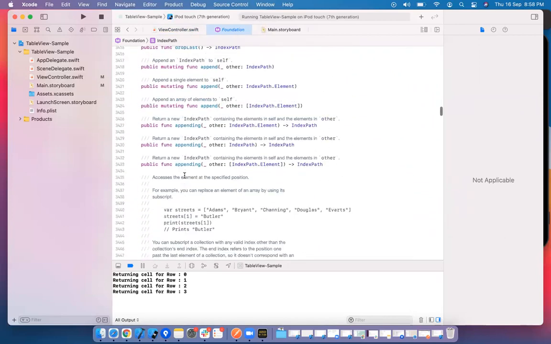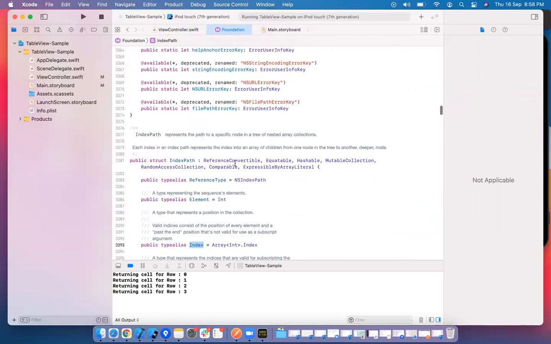Maybe on its superclass it has. Let's see, it is Hashable. I'll show you.